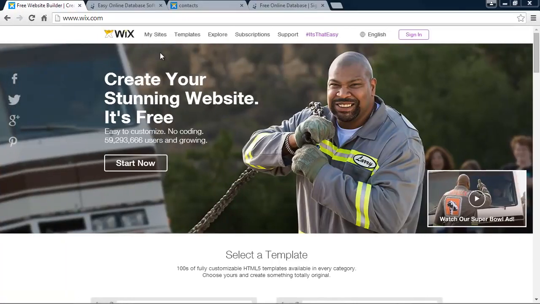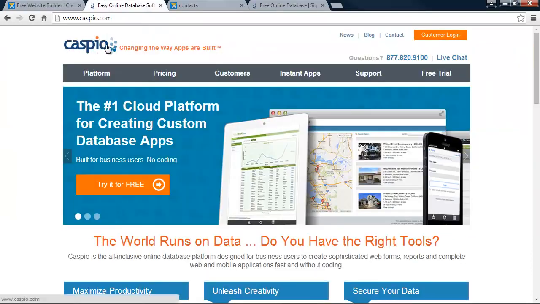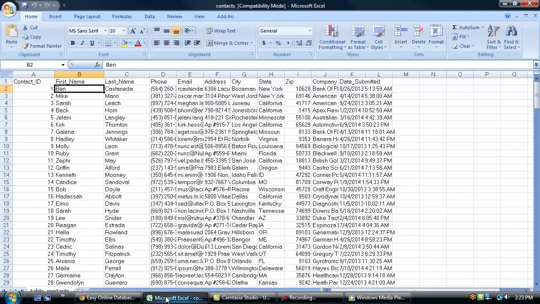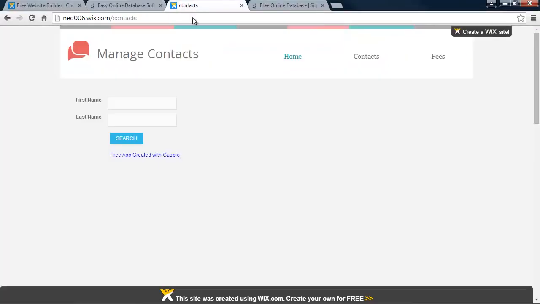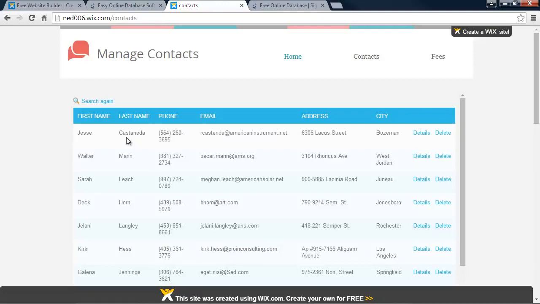Hi, let's take a quick, fast-paced look at how we can connect a free database to a Wix website using Caspio Bridge. Caspio is a database platform that allows users to build feature-rich applications without coding. When we're done with this video, you're going to learn how to publish Excel data to your Wix website using an interactive search report. Your website visitors will be able to search, see the results, and drill down to details